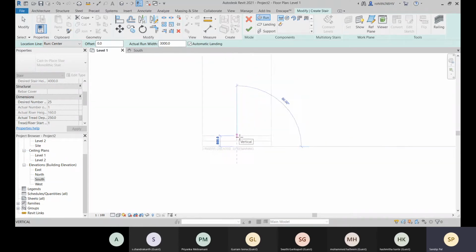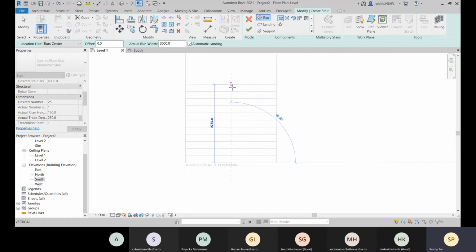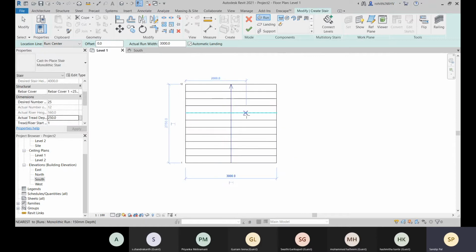And here you see, when I'm creating, how intelligently it's showing you that 2 risers created, 22 remaining, 3 risers created, 22 remaining. How many risers you create and how many are remaining will be shown there. So it will be easier for you to create the perfect stair. So now let me create 12 risers there.